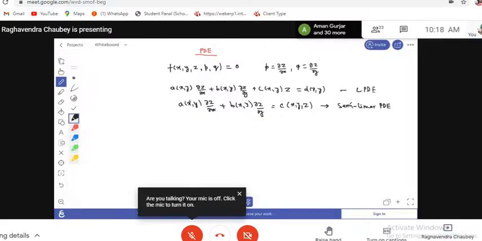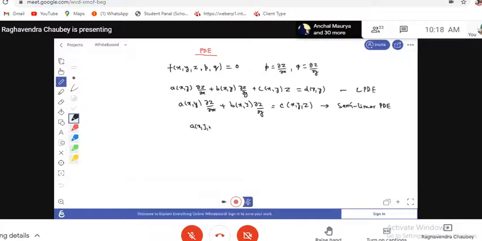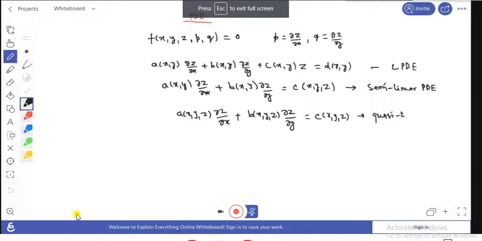And if in your differential equation the coefficients a and b are also functions of x, y, and z, then this is your quasi-linear first order differential equation. So this is x, y, z, del z over del y equals c of x, y, z. So this is a quasi-linear